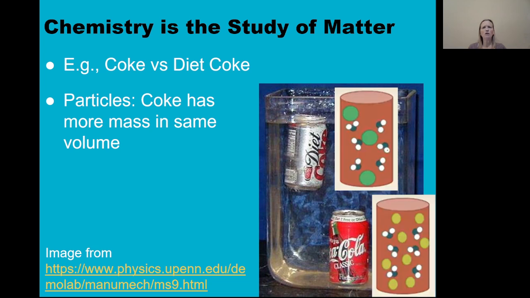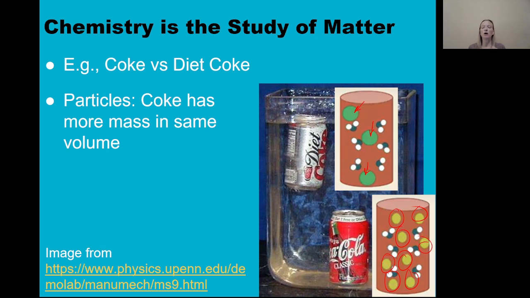So, in terms of particles, Coke has more mass in the same volume, because it has to have lots of sugar particles in there to make the drink sweet, versus the Diet Coke, where it maybe just needs a few NutraSweet molecules to make it taste sweet. So Coke Classic has more particles, and more mass, crammed into the same amount of space